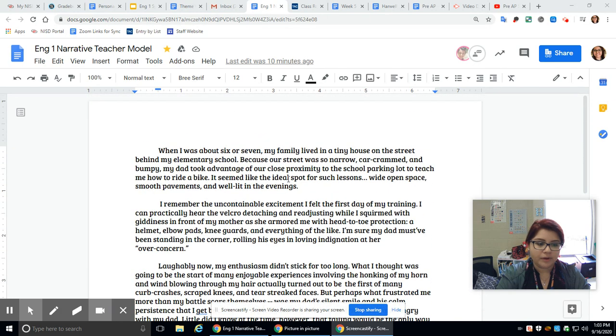Okay, so sensory imagery, first off, we know what imagery is. Imagery is the way that you write things so that you can paint pictures in the mind of your reader. Okay, we know that. So sensory imagery, though, is a little bit more specific. That uses the five senses to draw on the imagination of the reader to help them envision what's going on in your story. So that is incorporating taste, touch, sight, sound, smell, all of those five senses into your